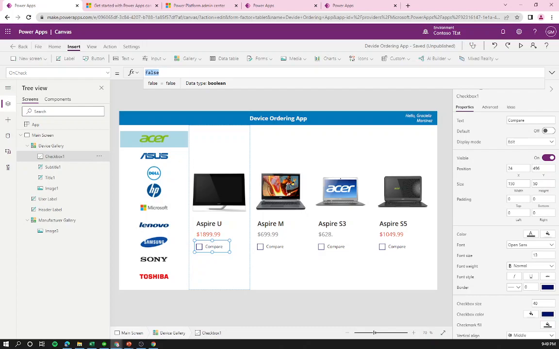It's not going to remember what I did the first time whenever I was selecting the devices when I had opened the app, because that information just lives for the current session. Whenever the user has the app open, that is where the data is going to live. If you close it and then come back, it's not going to remember what you did. But if you leave the app open and it doesn't refresh, then it's going to remember it. So we're going to leverage that collection concept